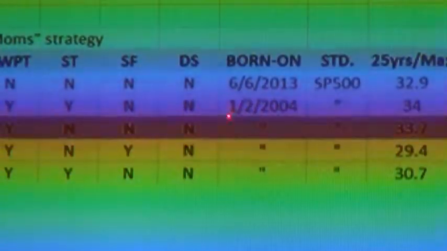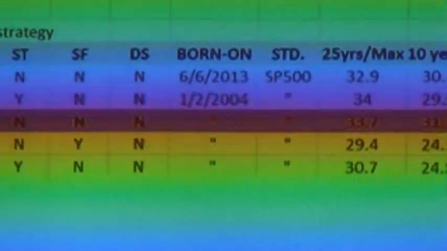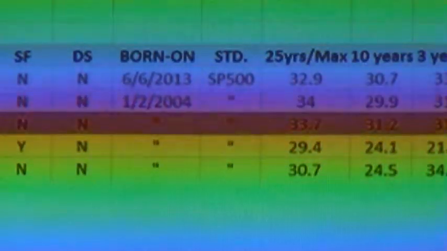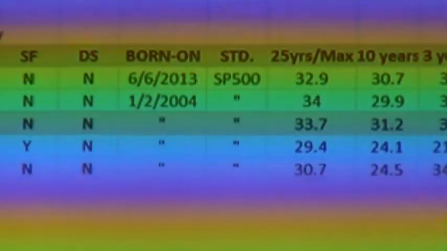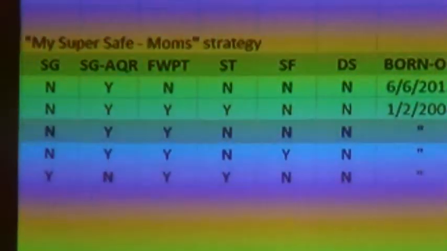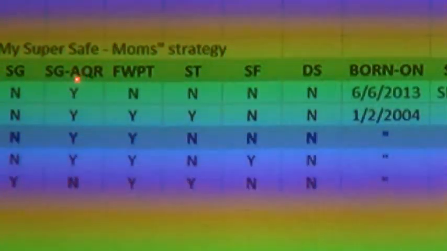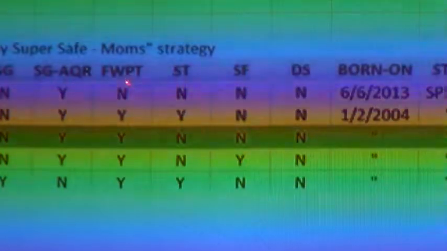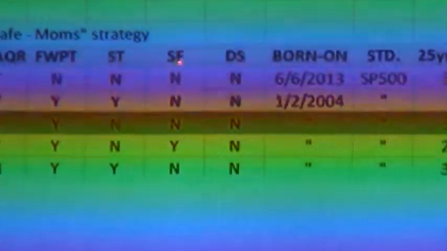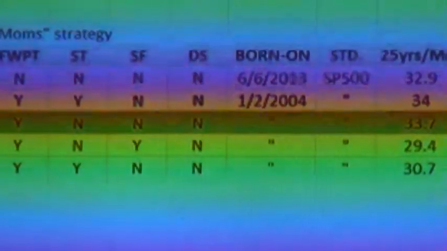By pushing it back to the beginning of 2004, we have a much longer FWPT tuning period, and hopefully more valid and realistic results. So this is just the key factors that we tweak, the knobs, as Al put it: storm guard quick response, forward walk progressive tuning, short term, strong filtering, decision shift days, born on, and then the